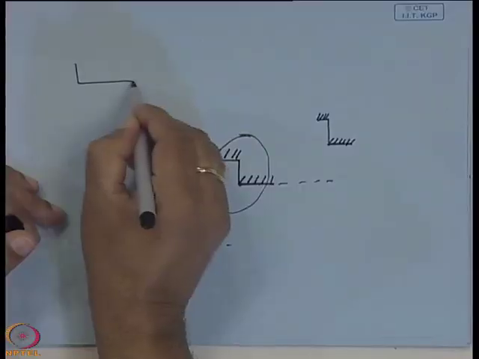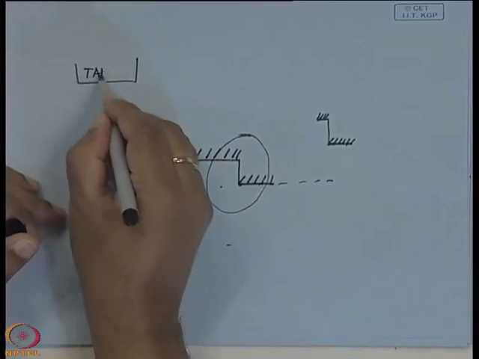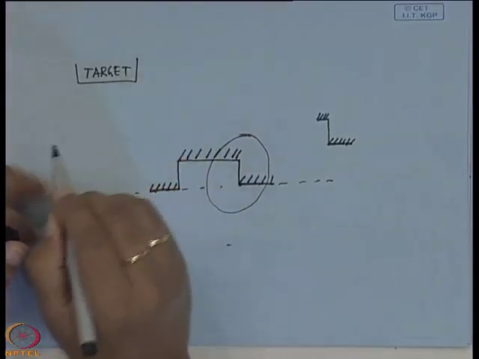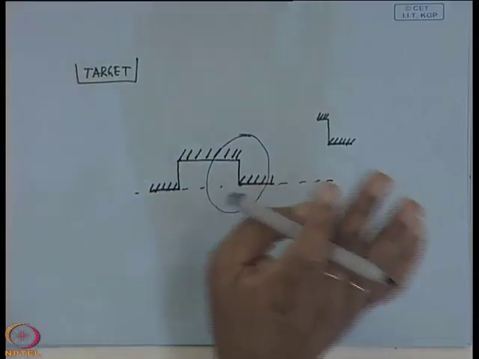Say this is your target. Target means the material which you would like to deposit. It can be any material, it can be oxides also, it can be aluminum oxide, it can be zinc oxide, it can be silicon, it can be aluminum. If you want to make some metal film, what do you do? You have to use some metal target. Suppose you want to make gold plated something, that means you want to make a gold film, then your target will be gold, high purity gold.